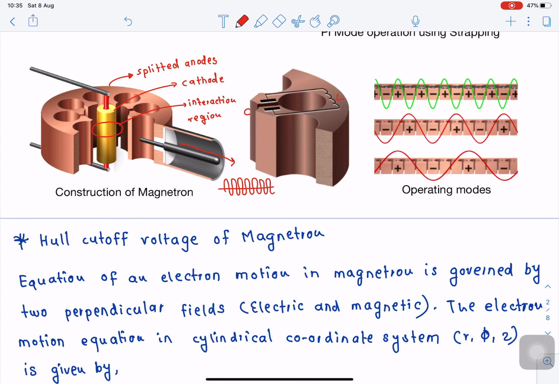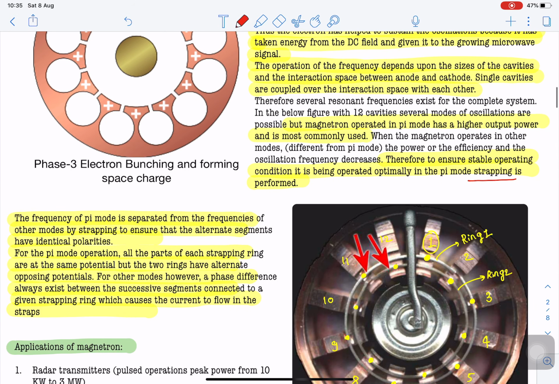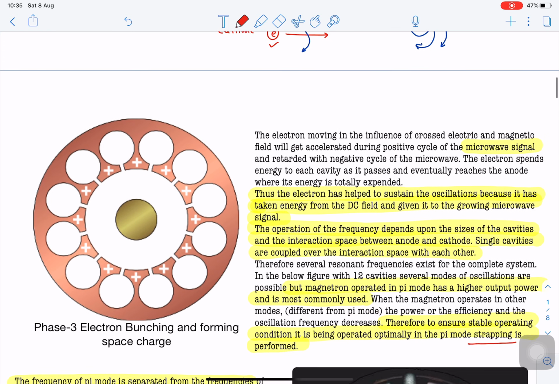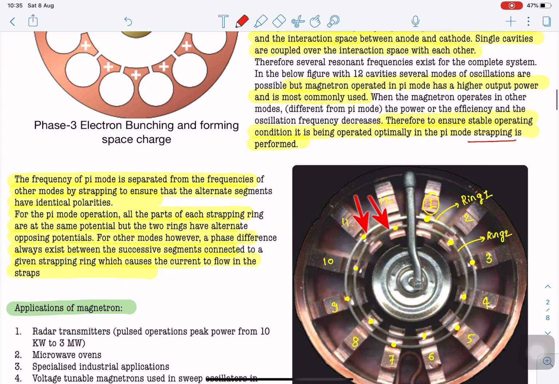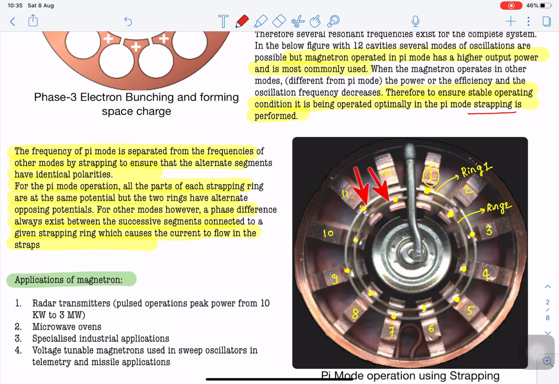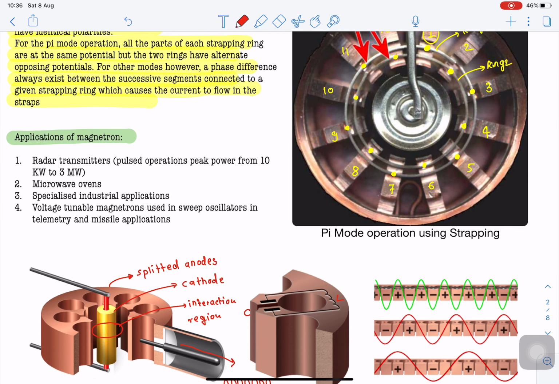signal, right? So here we saw that the operation of this magnetron tube is completely based on two separate fields, electric field and magnetic field, which are oriented perpendicular to each other. Now here, remember that if we apply the electric field and the magnetic field, the velocity modulation process will not get initiated automatically. We need a certain specific value of either magnetic field or electric field in order to initiate the process of velocity modulation inside the given magnetron tube.